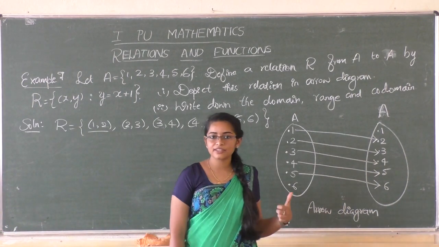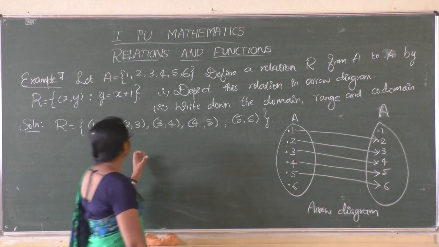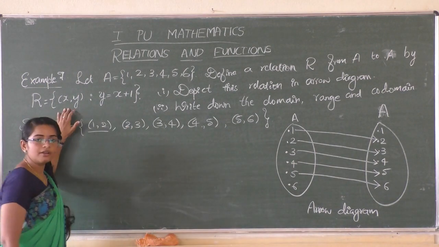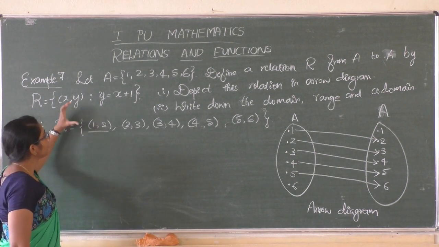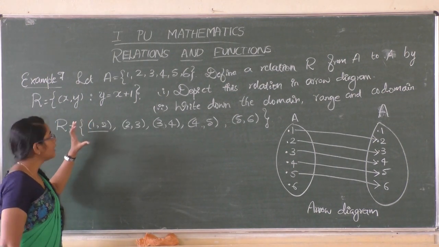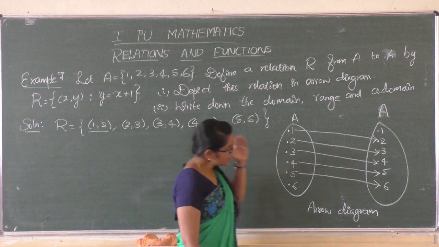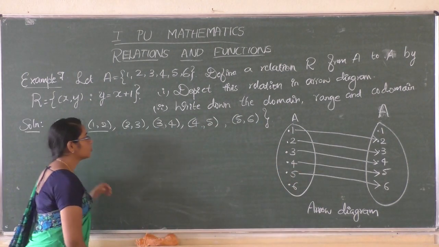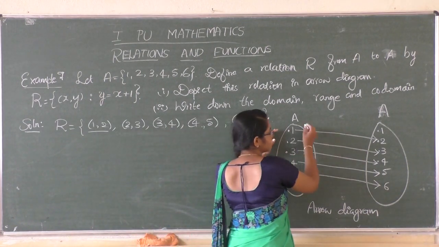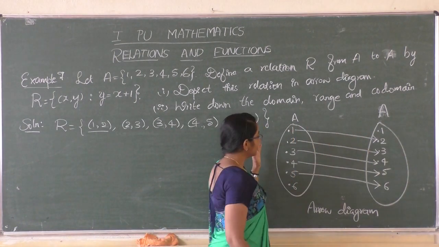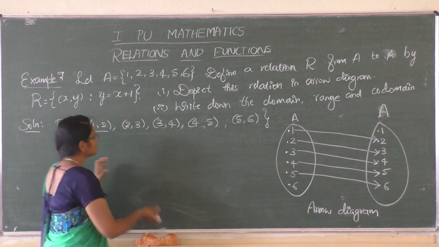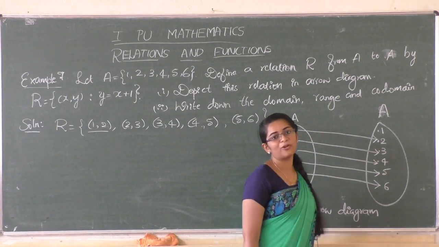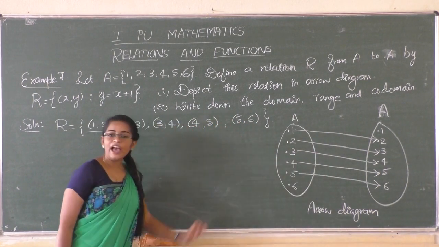Shall I explain it once again? Okay, look, first what you have to do is, the relation is given here, you should write exactly what it is. Then you should represent that in the arrow diagram. How? You should draw 2 sets here. Then you should see the elements here and put the arrow mark here correspondingly. Then you will get the arrow diagram.